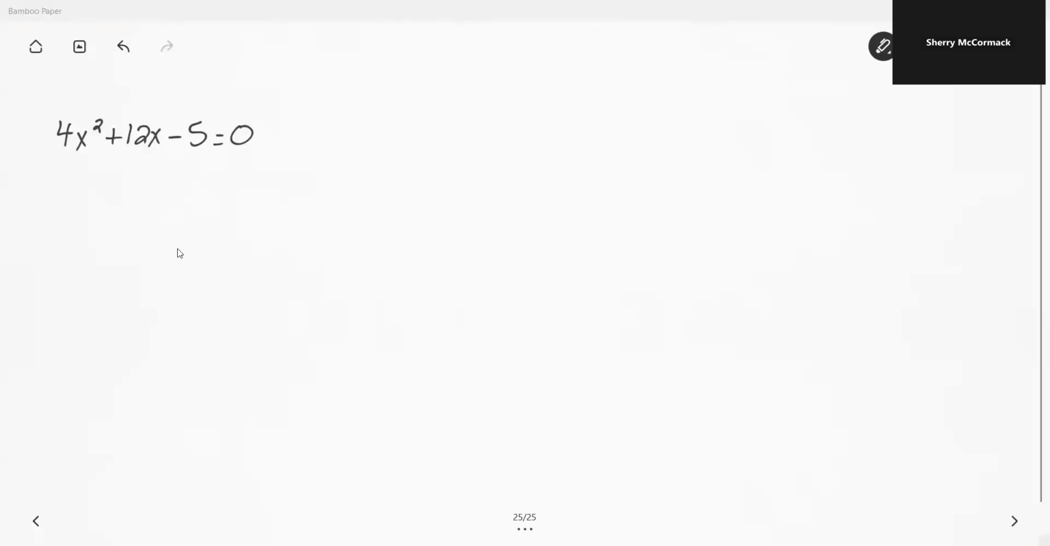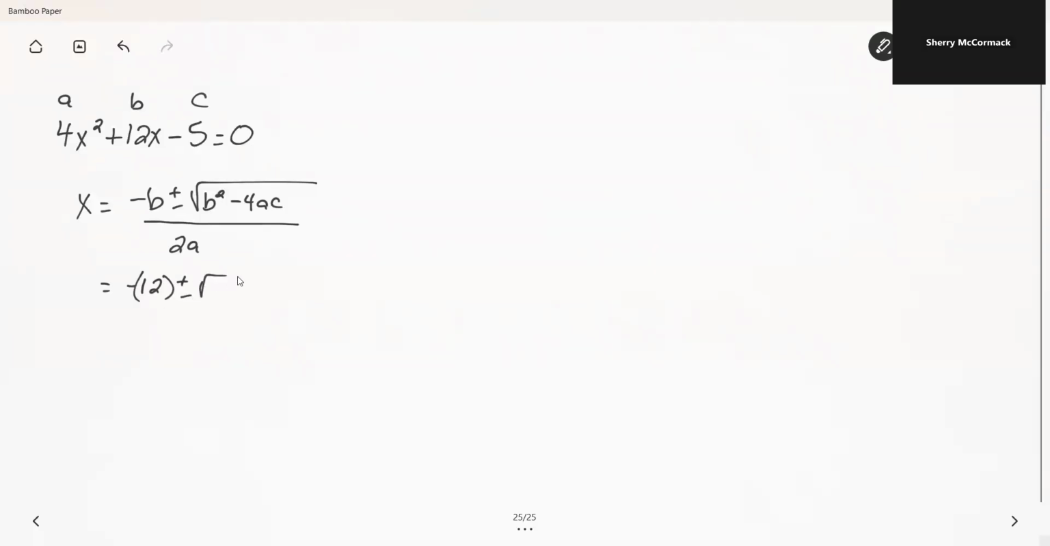Okay, for these problems, make sure that you label this A, B, C. I'm not sure if this is the issue that you're running into, but to solve for X, it's the opposite of B plus or minus the square root of B squared minus 4AC, all divided by 2A. Okay, so since B is 12, it's going to be the opposite of 12 plus or minus the square root of 12 squared minus 4 times A, which is 4, times C, which is -5,